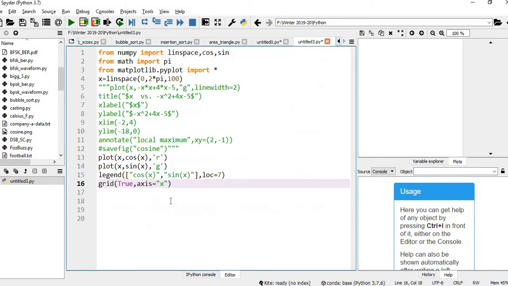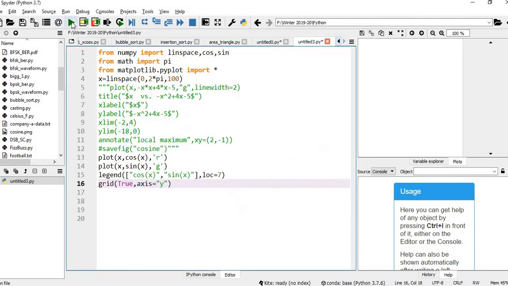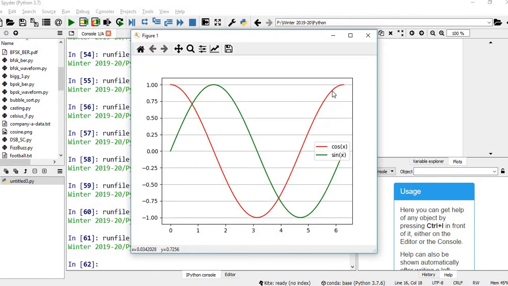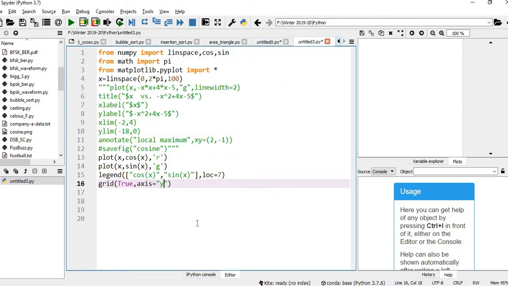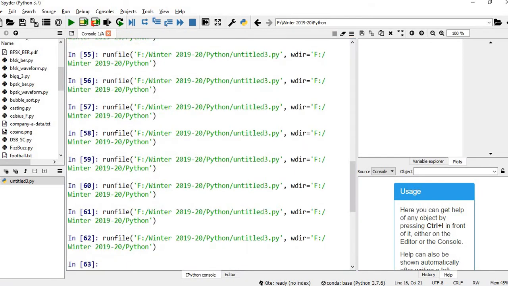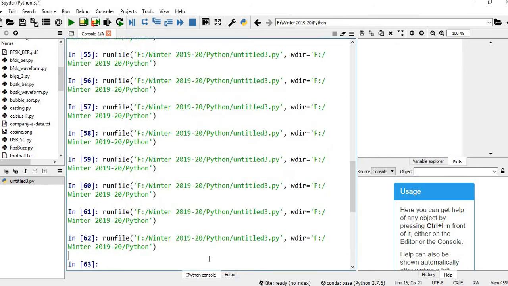Or if you want for y-axis, you just give axis is equal to y. In the y-axis alone it is added. If you don't give anything, by default it adds both, or you can also specify both. In both the axes the grids are added.